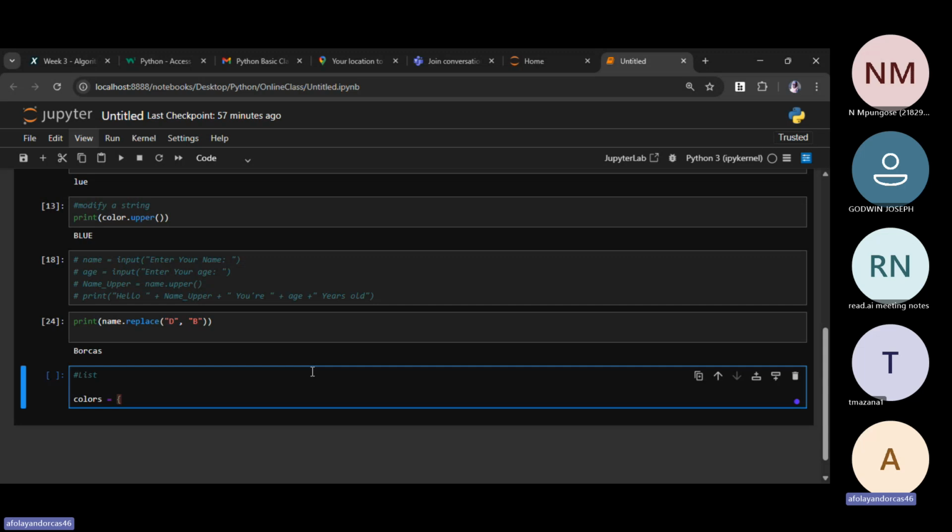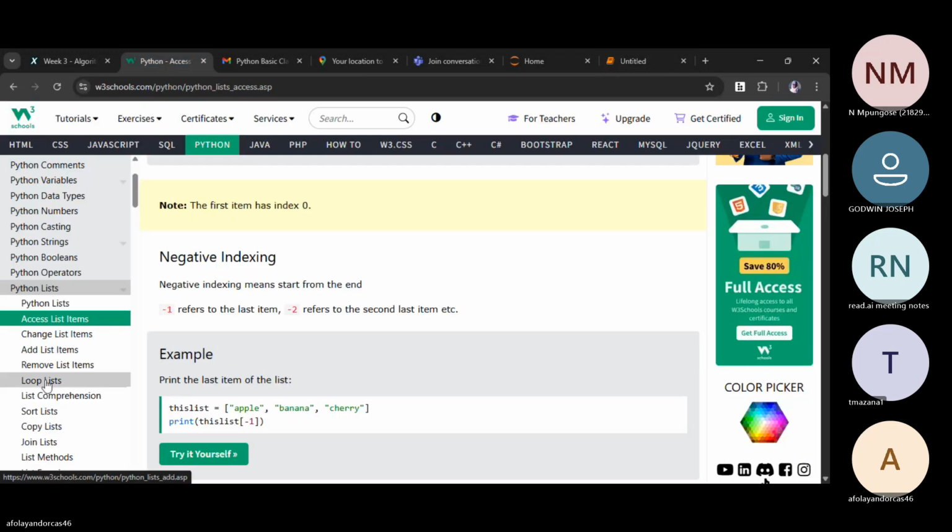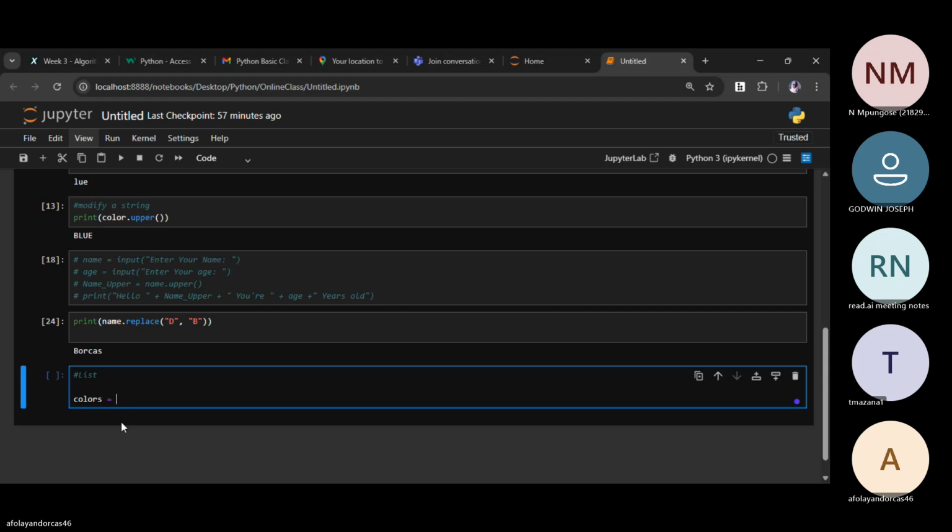It uses square brackets, which show that we want to use a list. Sorry, I used to confuse it with tuple and other stuff. So this is a list showing a collection of items.